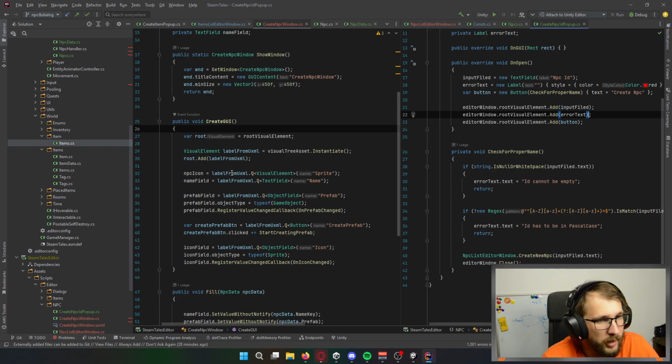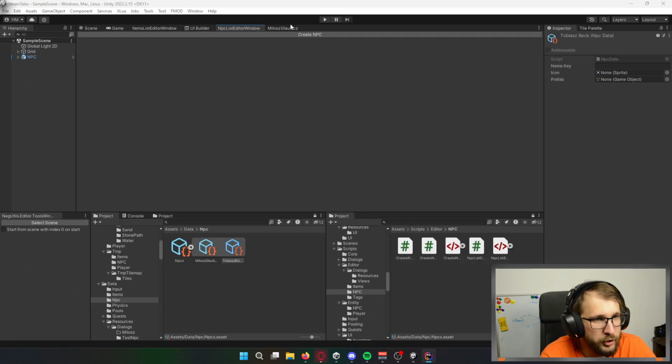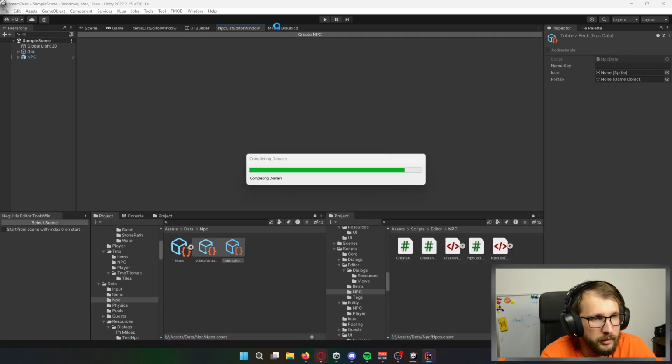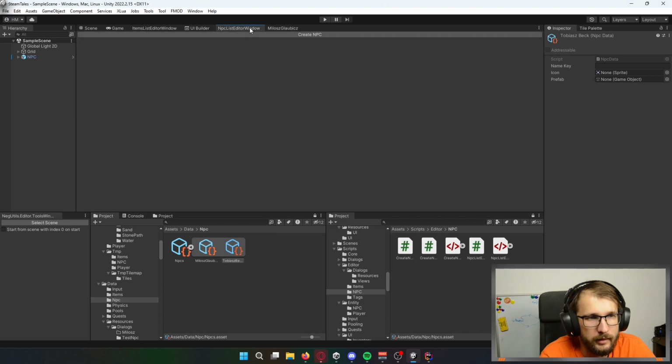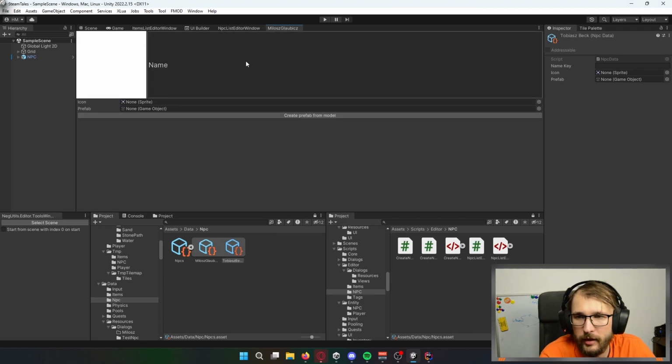Okay, so tomorrow I will add this list view. I will add a save button here. Yeah, exactly, I'm creating an NPC editor for designers.